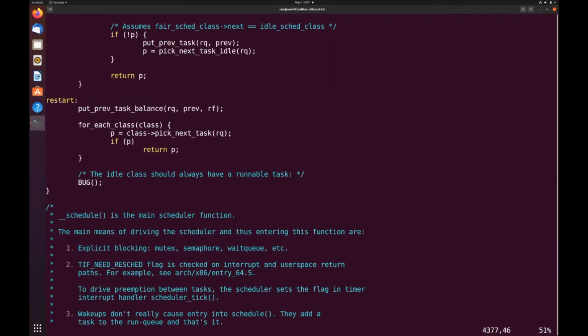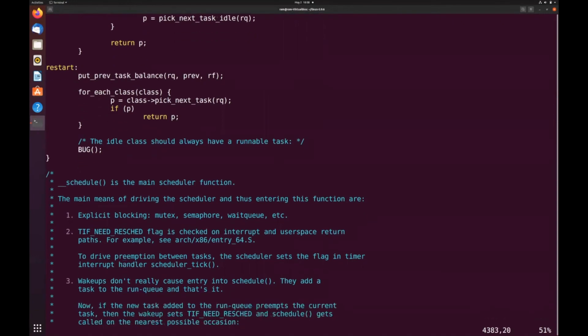Also, when the kernel is returning from the interrupt context, or returning from servicing the system call, then it checks TIF_NEED_RESCHED. If it is set, then it will call the schedule function.